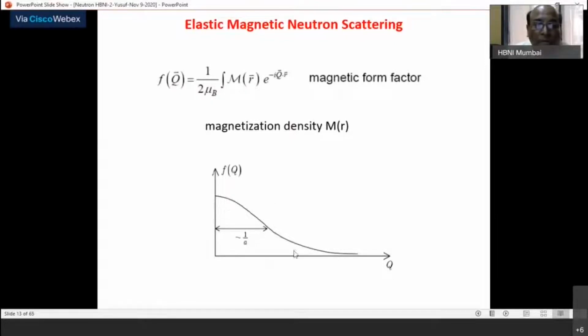If you want to speak a little more, f of q in the case of magnetic neutron diffraction and f of q in the case of X-ray, which one will be falling faster? You can think about it. I will not give the answer here. f of q in the case of X-ray diffraction and f of q in the case of magnetic neutron diffraction for the same atom, let us say Fe2+, which one will fall faster? Okay, this is what you can think about.